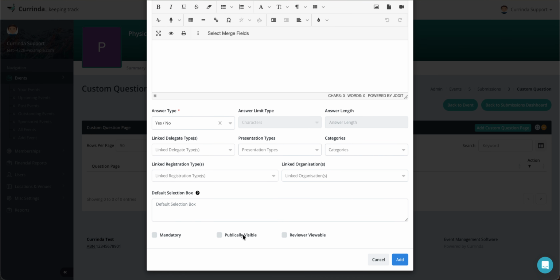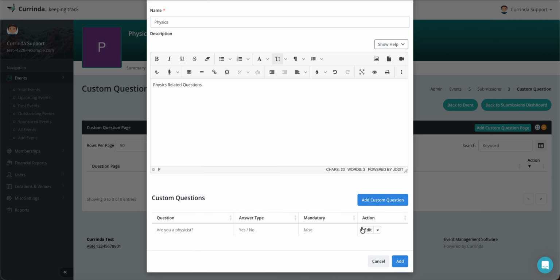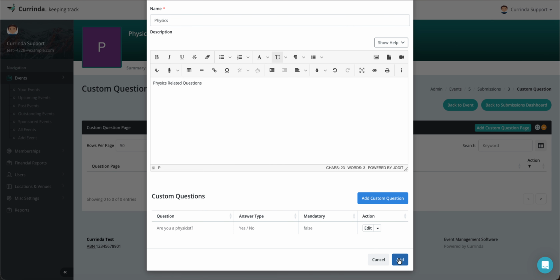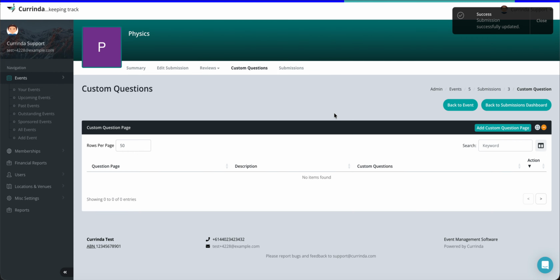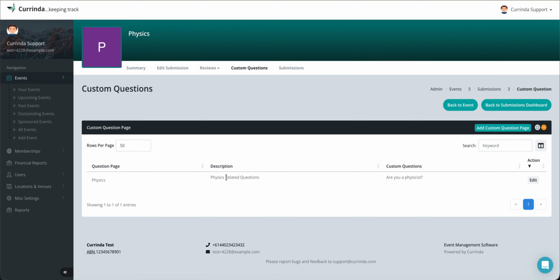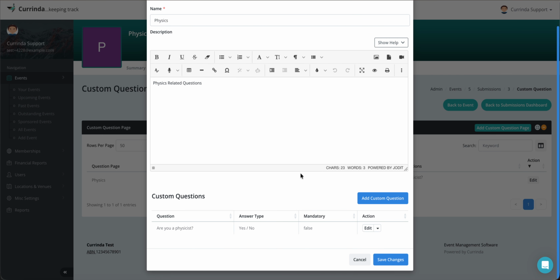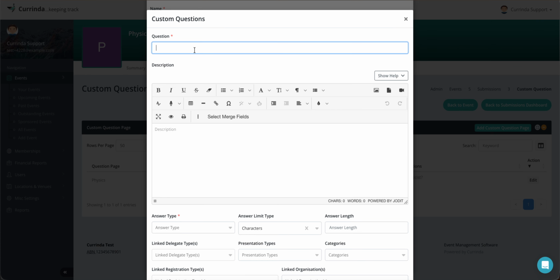Let's keep it as it is, and we can keep it publicly visible and reviewable, and we can also select a default answer. We'll not do any of it, and we can click on add. Once we click the add button, this page gets created and all the details are saved. Now we have a custom question page called physics, and it has a question called are you a physicist. We can add another question, are you a cosmologist,